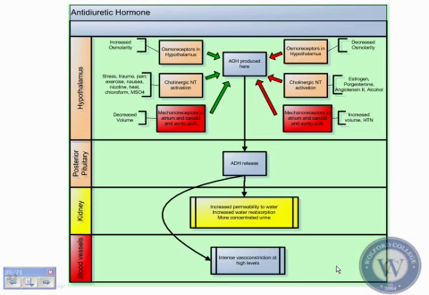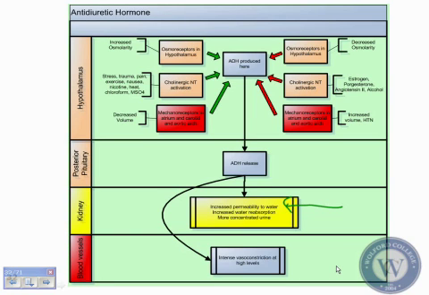Now, what's important in this picture is that once antidiuretic hormone is released, it causes an increased permeability of water, which then retains more water. And that's very important terminology, so please pay attention to that. Okay? A lot of students get caught up on this. If I tell you that I'm releasing a hormone that increases the permeability of water, that means that the water is being reabsorbed. Okay? So the water is being retained by this.